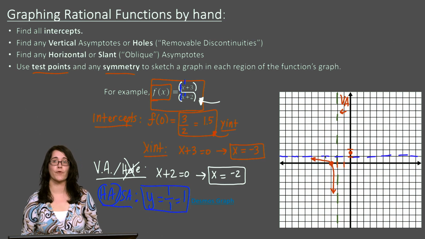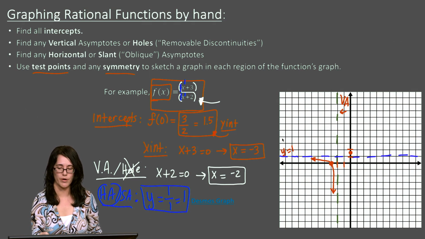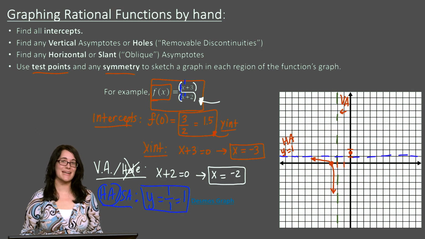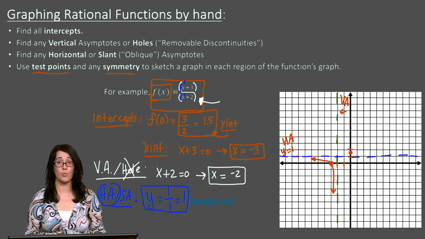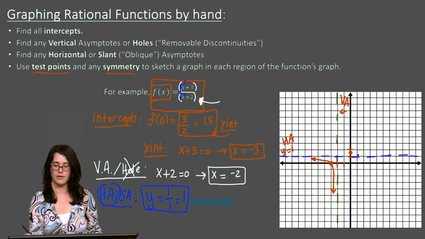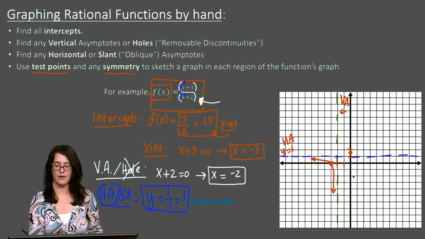So as x gets further and further negative, it will approach the y value of 1. It will approach y equals 1, my horizontal asymptote. Interesting. Similarly, as x gets really large, it should also approach the y values of +1. So in the other case, our graph could either be up here, approaching 1 as we go to the right forever, or down here, approaching 1 as we go to the right forever. Now notice that it can't be the latter. It can't be down here for a couple of reasons. One reason is we have a point above, meaning it's probably up here. So it's probably looking something like this,